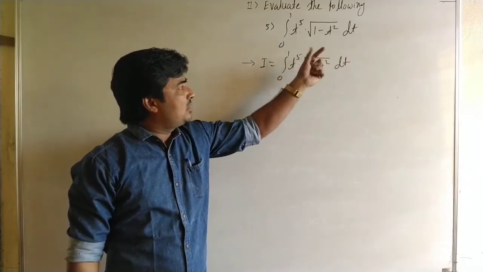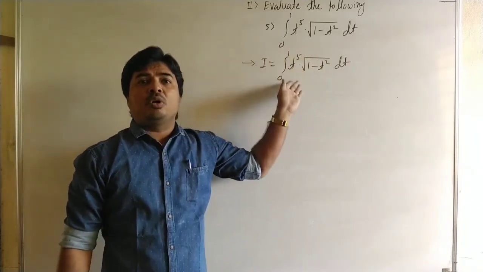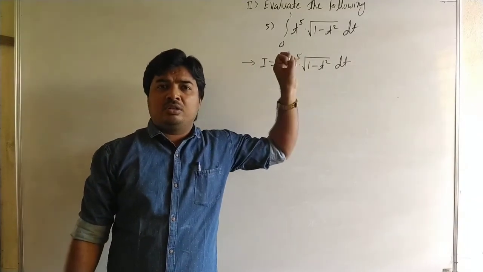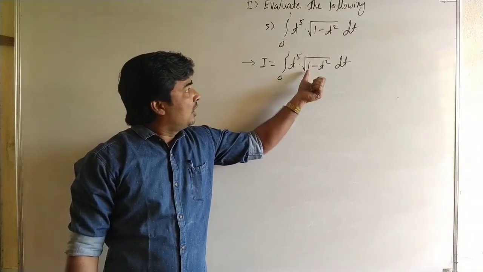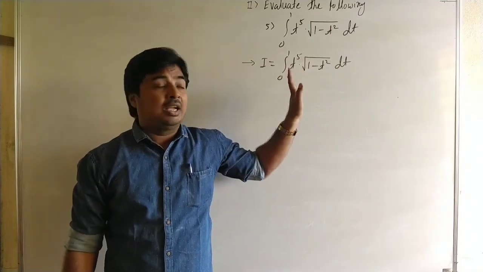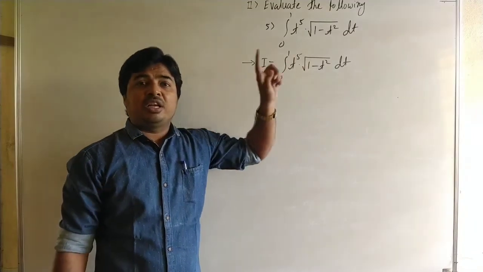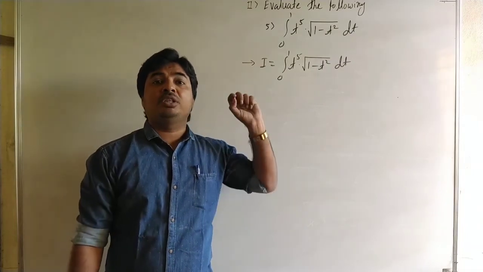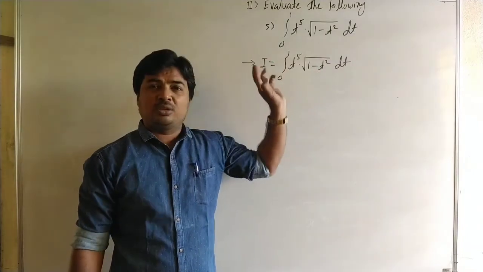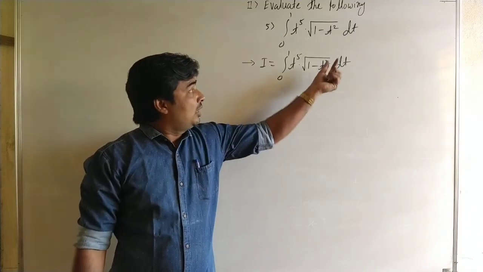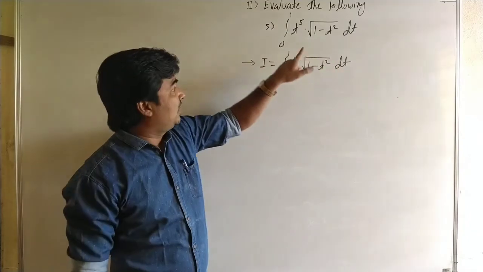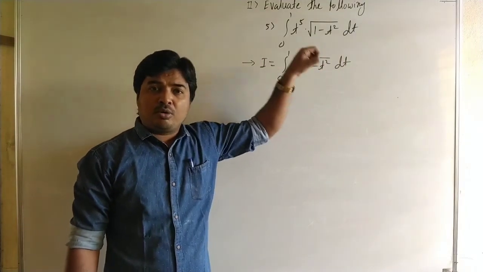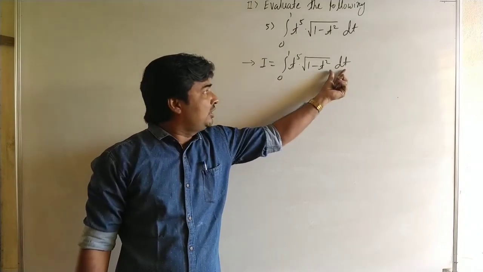Here the under root of 1 minus t square is in composite form, so we put 1 minus t square equal to another variable, such as x, y or theta. Here we put 1 minus t square is equal to theta. The derivative of 1 minus t square is minus 2t, that means the derivative is in terms of t. So in the multiple of dt there is a t, and here it is t to the power 5, so we can write t to the power 4 into t, that means t dt.